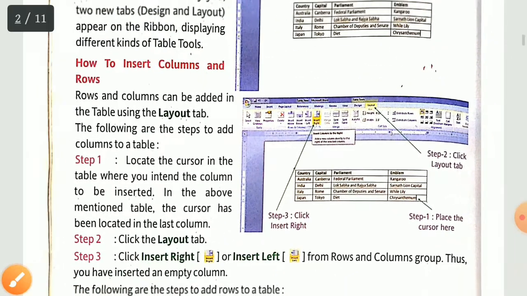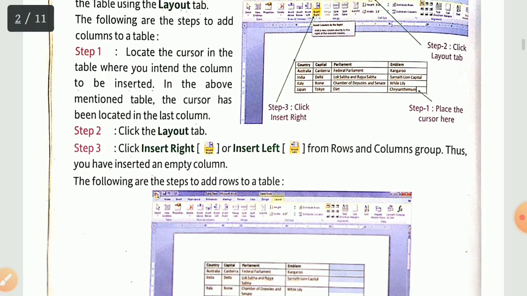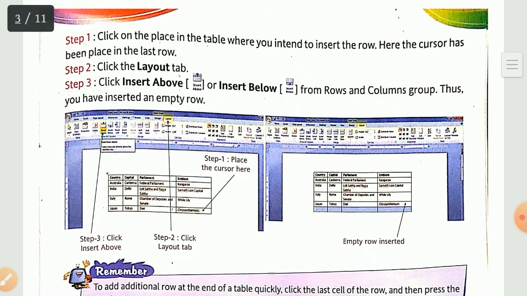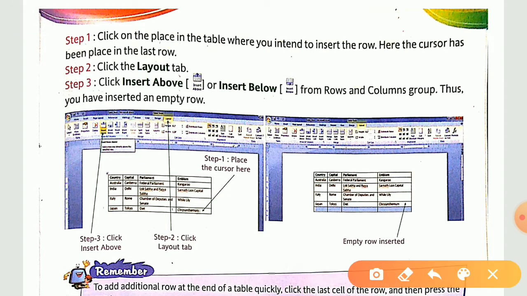Now somehow the same steps we will follow for adding our rows. Turn to your page number 31, where we have three steps. First step, click on the place in the table where you intend to insert the row. Here the cursor has been placed in the last row. Now see, as with inserting our columns, the steps that we have seen over there,